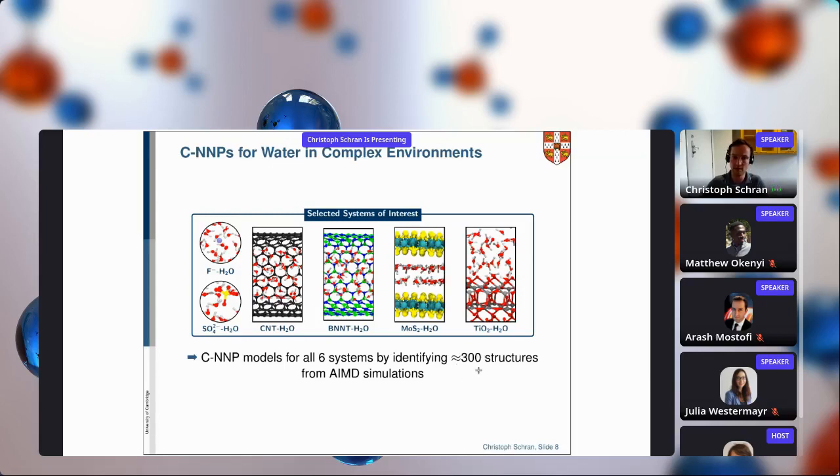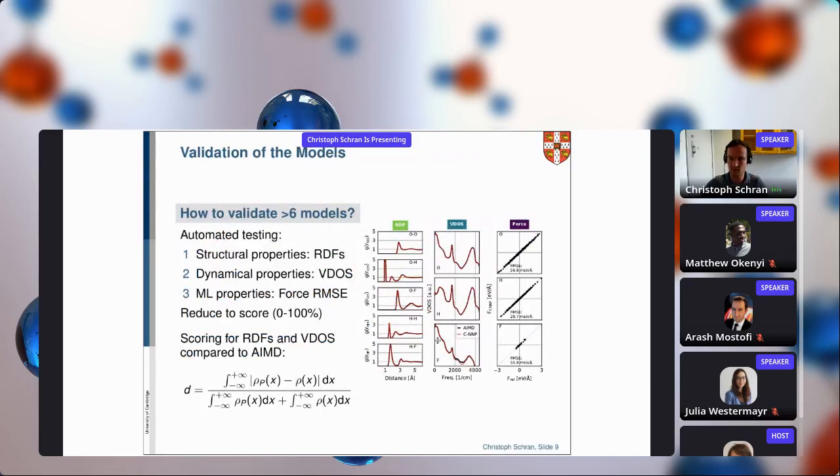But that brings me to the next question, and that's the validation of all these models. Sure, we can build those models, but we have to trust them in the end. And for that, we have come up with an automated testing procedure to compare the accuracy of the different models